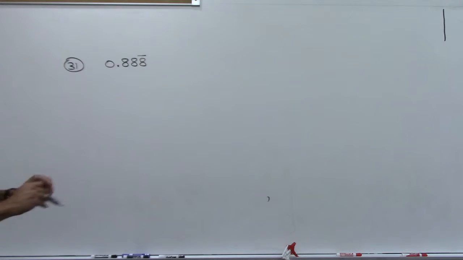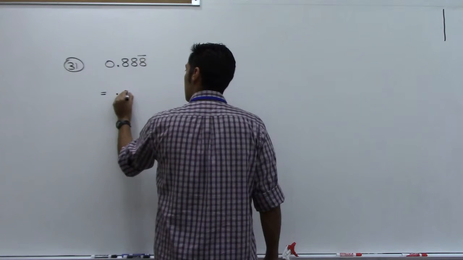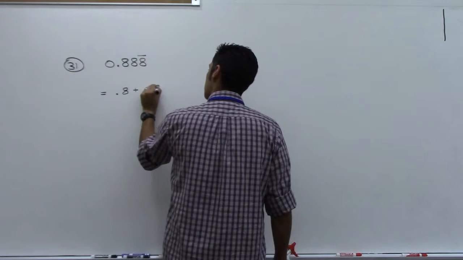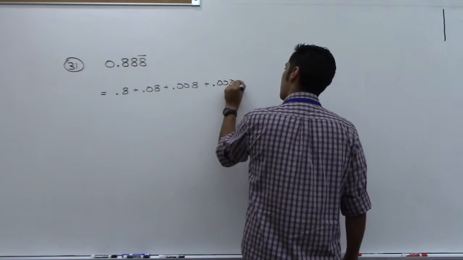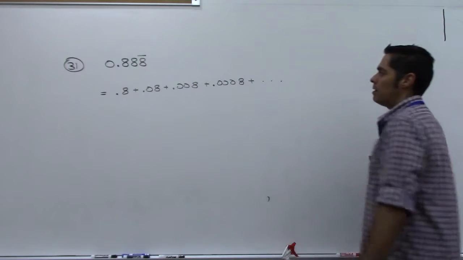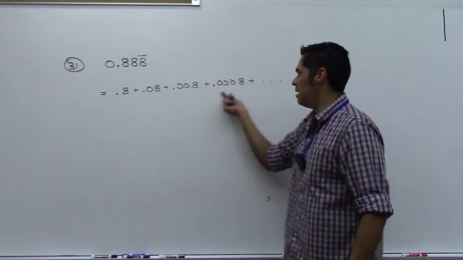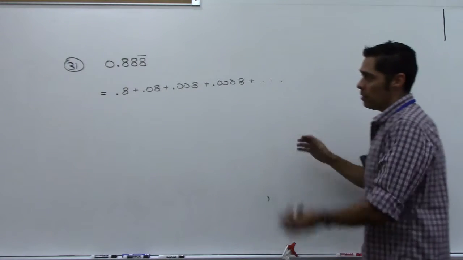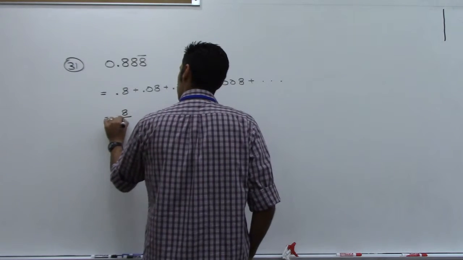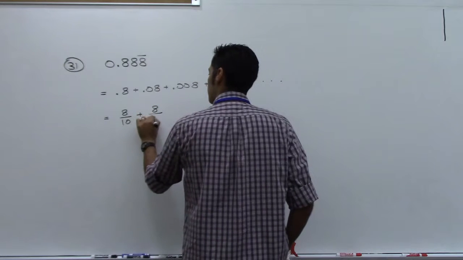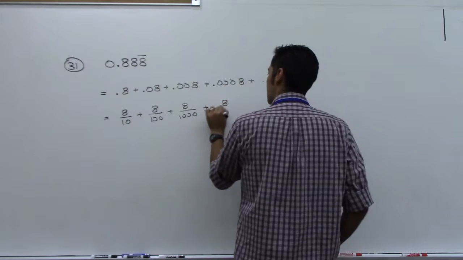Well, first thing I'm going to do is just write down what this is. This is equal to 0.8 plus 0.08 plus 0.008 plus 0.0008, and then forever, right? Because if I add these two together, I get 0.88. If I add them to this, 0.888, to this, 0.88888, and we keep doing that forever, we'll get all the 8s forever. Now this is equal to 8/10 plus 8/100 plus 8/1000 plus 8/10,000